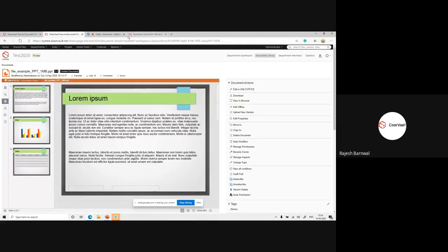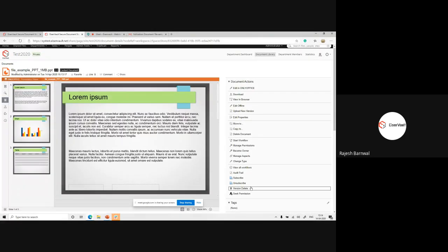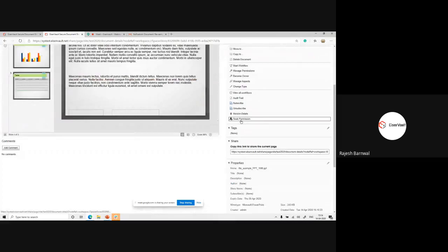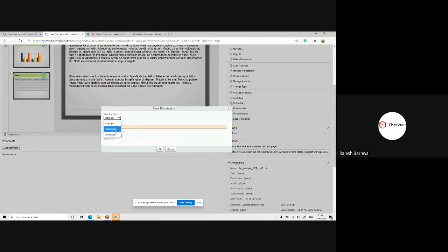So here is the seek permission icon, you just click it here. And if you want to be a collaborator or manager of this document, just click it here. Give the reason, what's the reason you want to change.